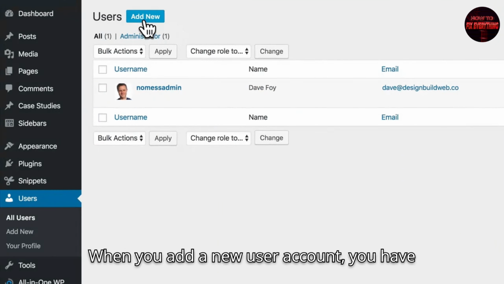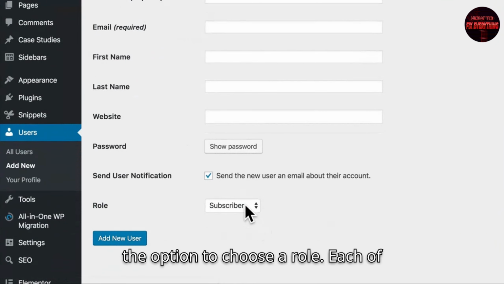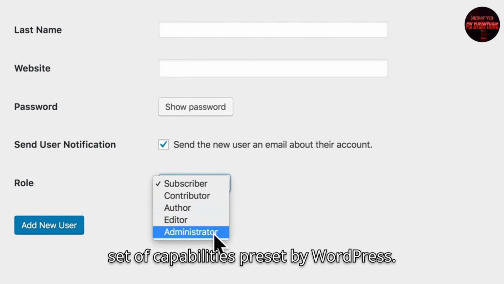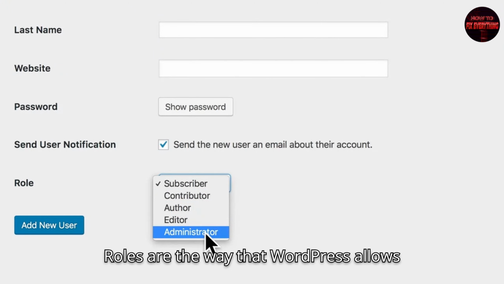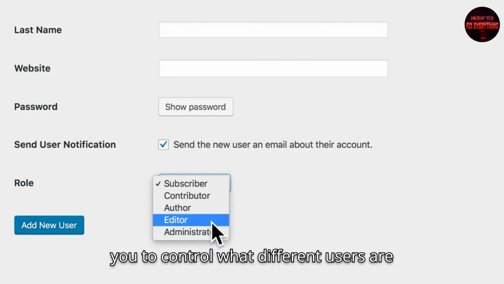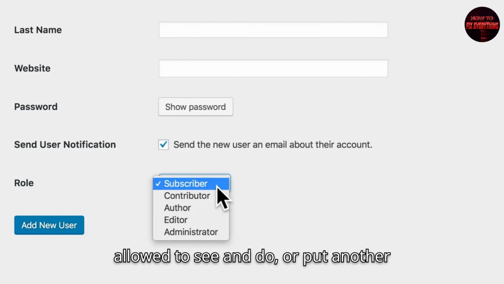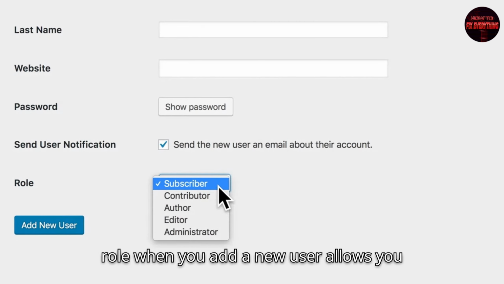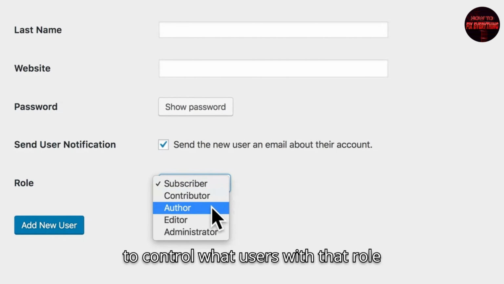When you add a new user account, you have the option to choose a role. Each of these user roles comes with a different set of capabilities, preset by WordPress. Roles are the way that WordPress allows you to control what different users are allowed to see and do, or, put another way, what permissions or capabilities they have. So, setting the appropriate role when you add a new user allows you to control what users with that role